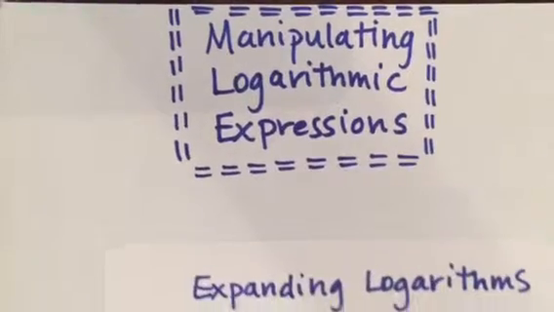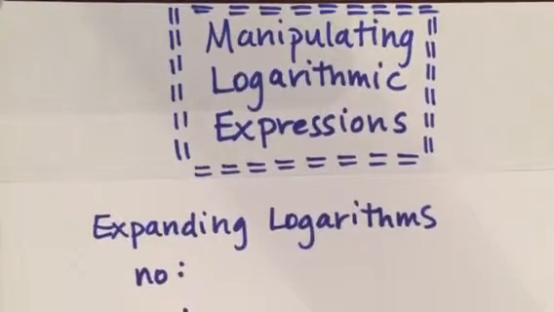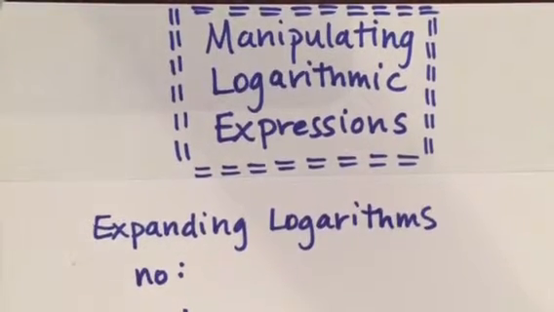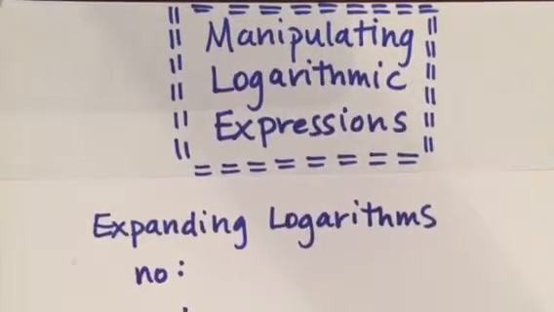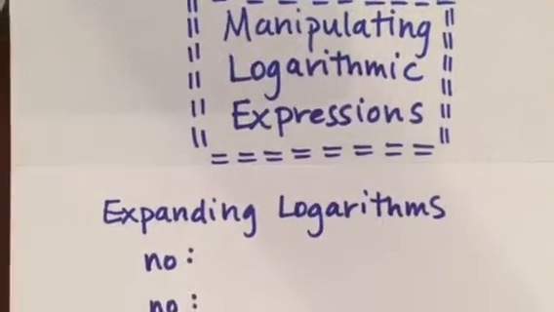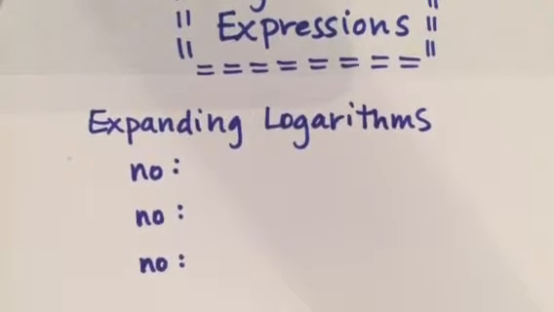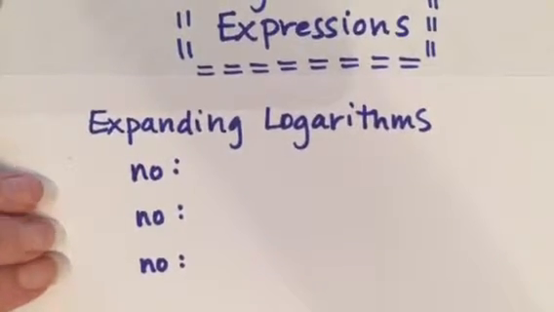We're going to start by talking about what it means to expand logarithms. Your textbook or your exercises may say something like, expand the logarithm as much as possible, which I think is a little bit vague and not really descriptive of what we want you to do. So the clue you're going to use is, what do we not want to see in our result? Well, we learned 3 rules in some earlier segments, and those are the things that we do not want